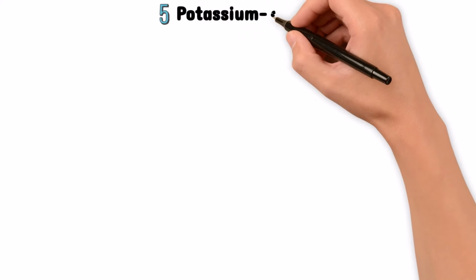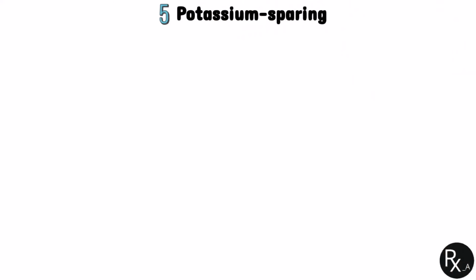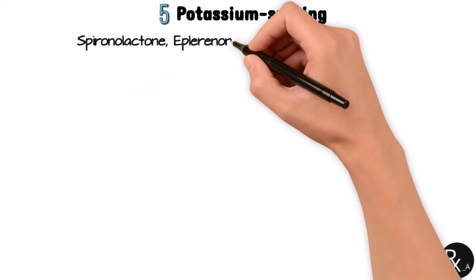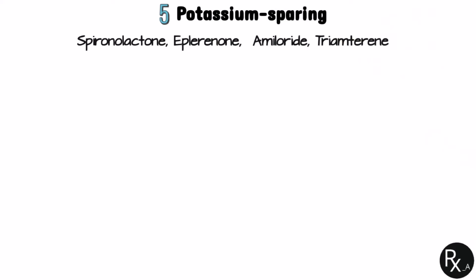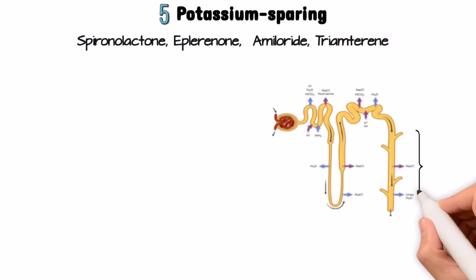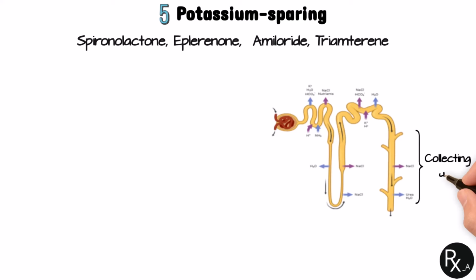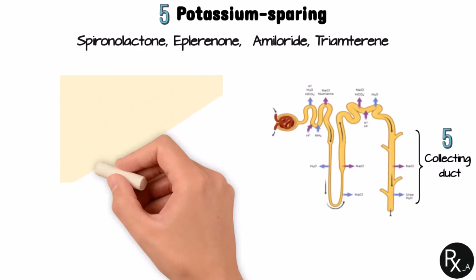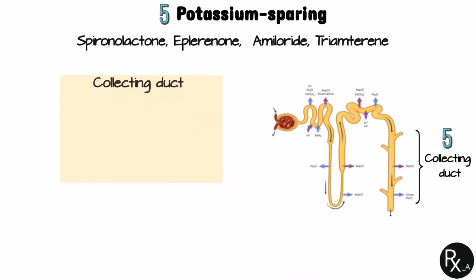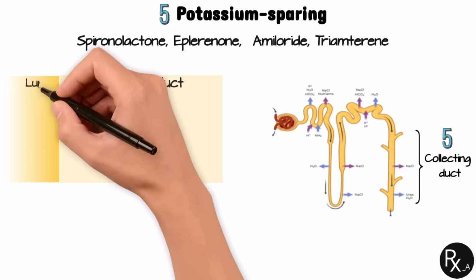called potassium-sparing diuretics. These diuretics mainly act in the collecting tubule, where they block the excretion of potassium and the reabsorption of sodium. Drugs in this class include spironolactone, eplerenone, amiloride and triamterene. Even though they are relatively weak diuretics, they are frequently used in conjunction with diuretics from other classes to enhance their effects. Now, let's pay attention to the principal cell of the collecting tubule to understand what exactly happens there.